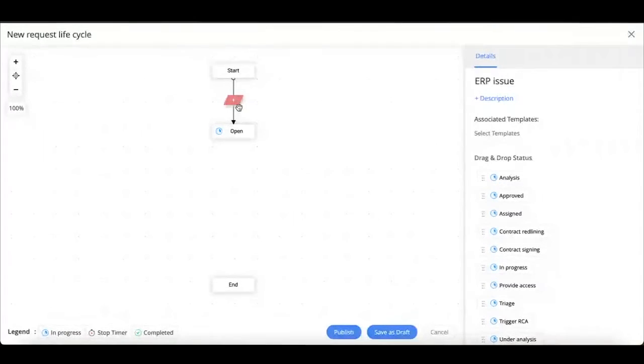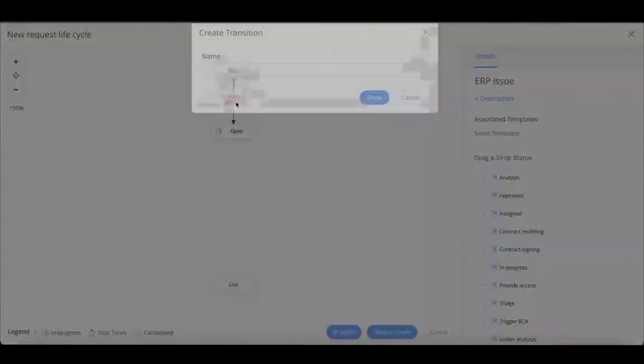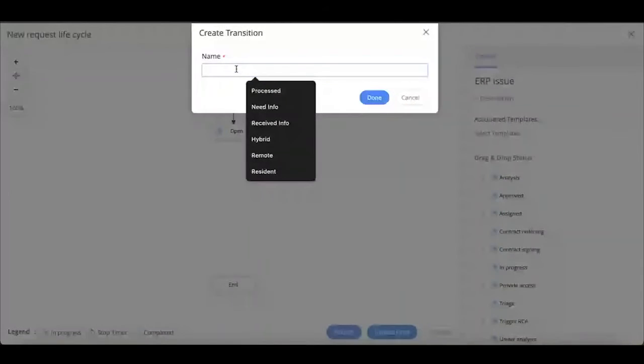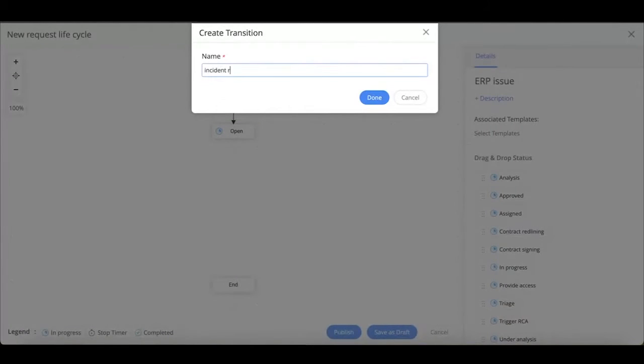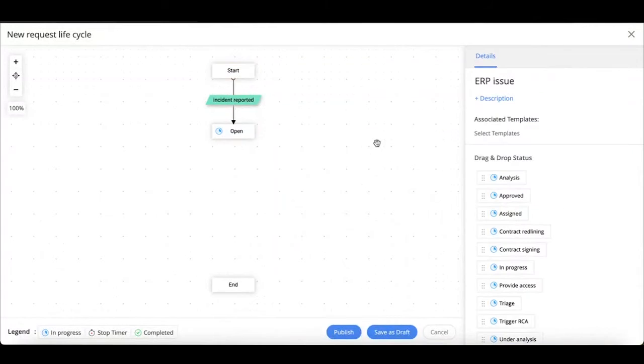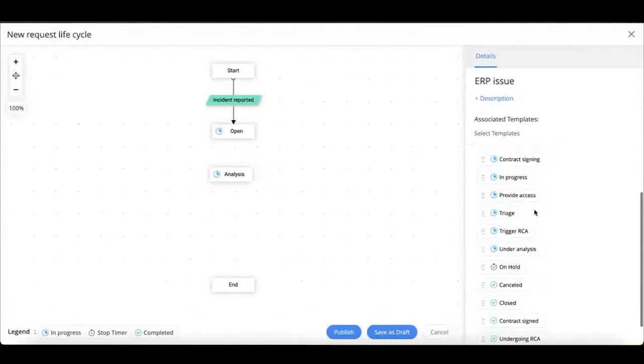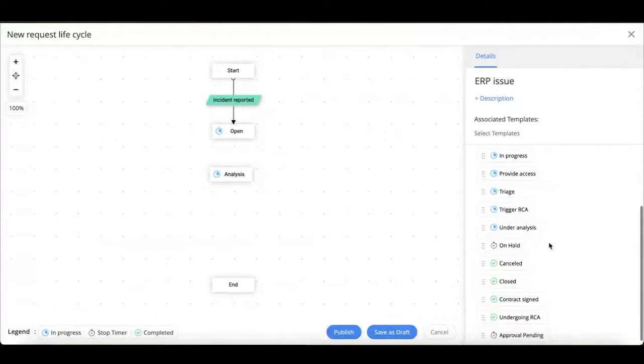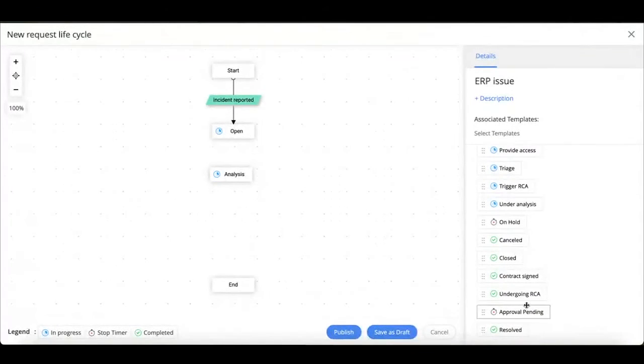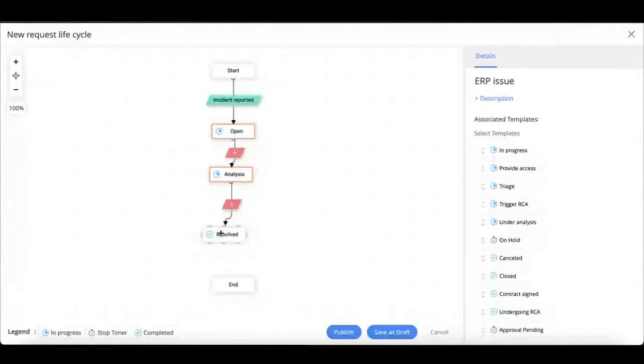To create a new transition, you click on this plus icon and specify a name. So let me say incident reported. Likewise, you can use multiple statuses that you feel this particular ticket has to go through. Let's say the final status would be the resolve status, and you can connect them with your transitions.